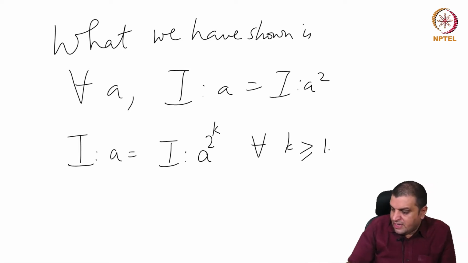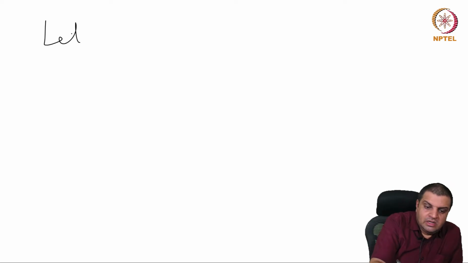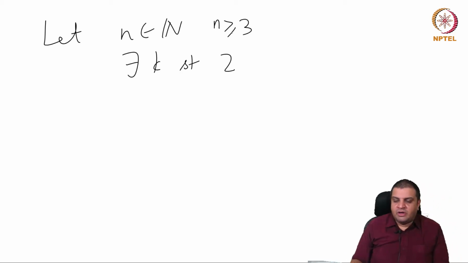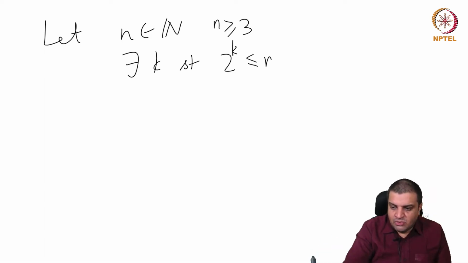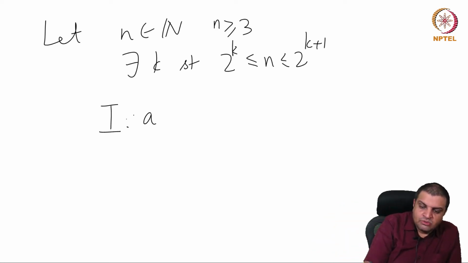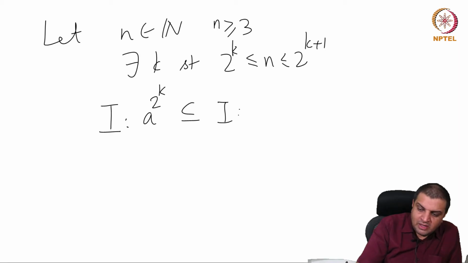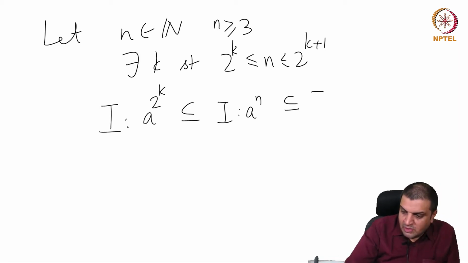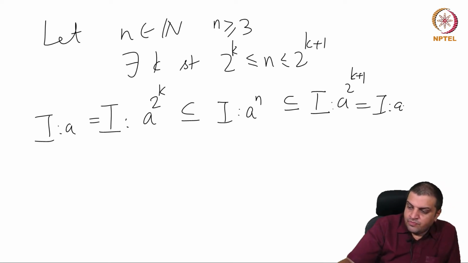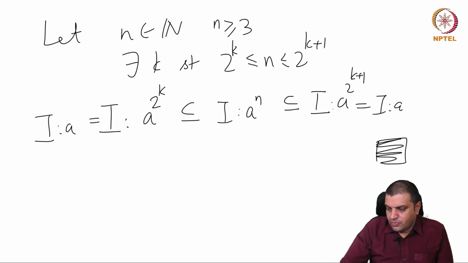Now given any n, let n be a natural number, and let's say n is greater than or equal to 3, because 2 we have already taken care of. Then there exists k such that 2^k is less than or equal to n, which is less than or equal to 2^(k+1). Then anything that multiplies a^(2^k) into I will also multiply a^n, and that will also multiply a^(2^(k+1)). But we know that all of these are equal to I colon a, and that is the